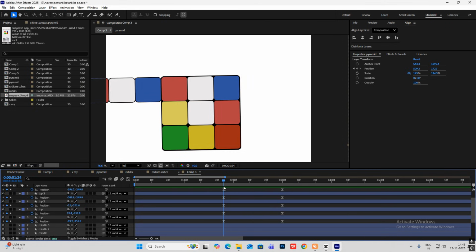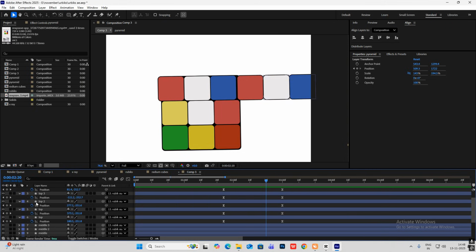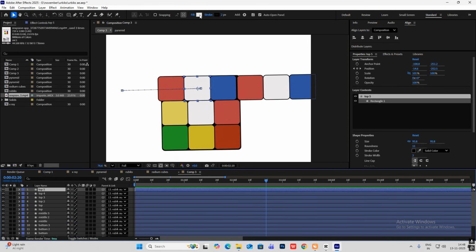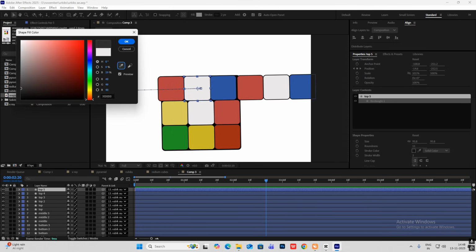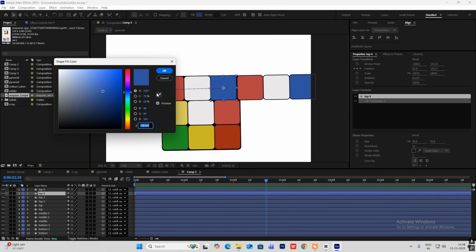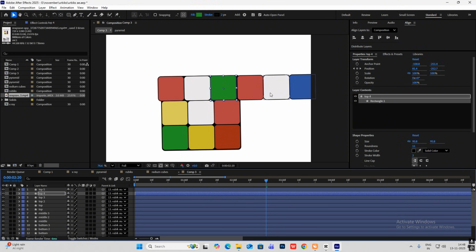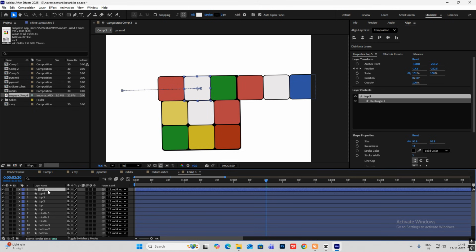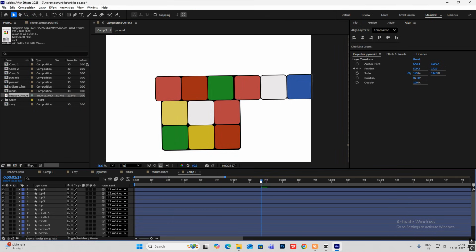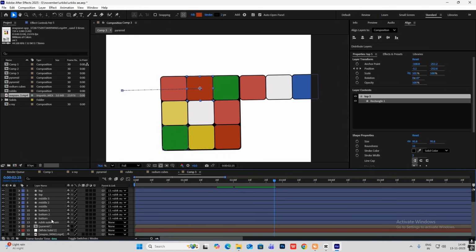Now simply what I'll do is change the colors. As we want this to be different, I'll select this yellow and I'll select top 4. Change the fill to green, and then select the center one and change the color to orange. Like this. But now we want this to be inside the cube, so select all the layers, except